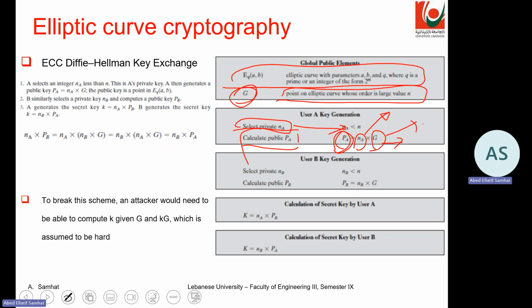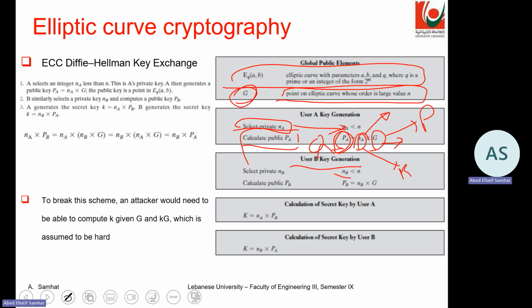It's like here it's P, here it's Q, and this is the small k that we want to know. And B could also